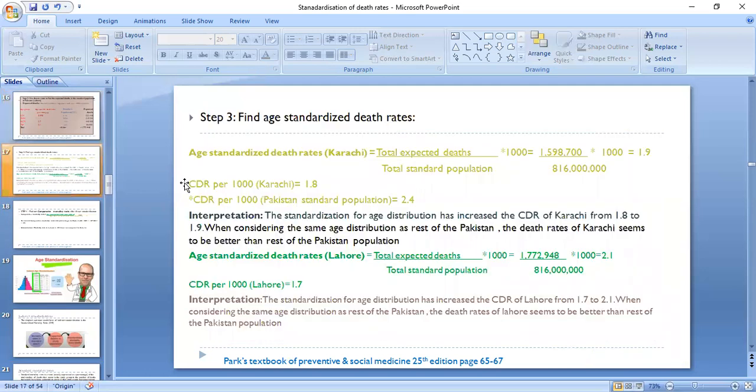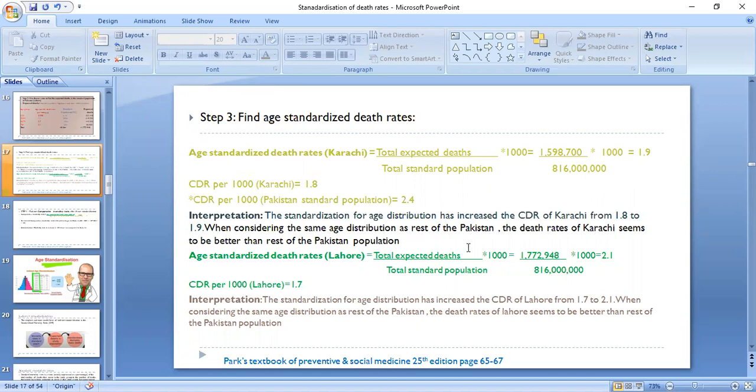Then the third step is to find age standardized death rates. Now, how do we find the age standardized death rate for Karachi? We will put the formula: total expected deaths over total standard population multiplied by 1000. The total expected deaths we calculated in our previous slide is 1598700, and the total standard population is 81.6 million, and we multiplied by 1000, and then the age standardized death rate is calculated to be 1.9,